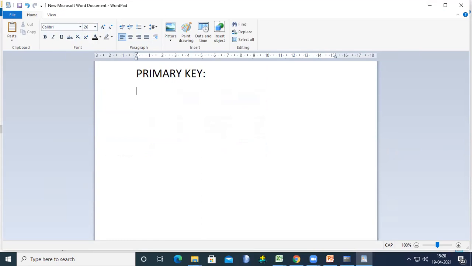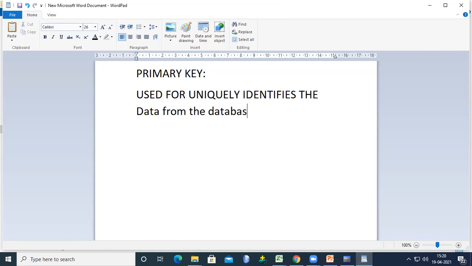Okay, now what is a primary key? Primary key is used to uniquely identify the data from the database. That is the main purpose of using the primary key. So how do we set the primary key?